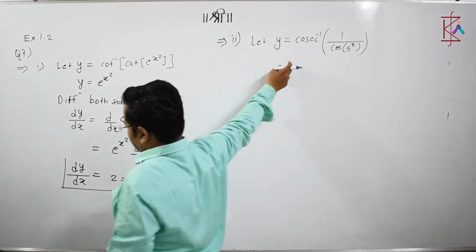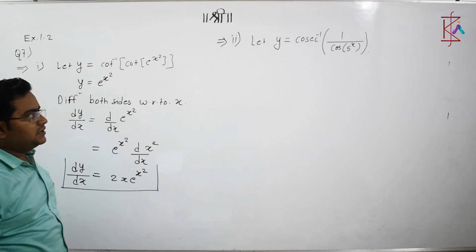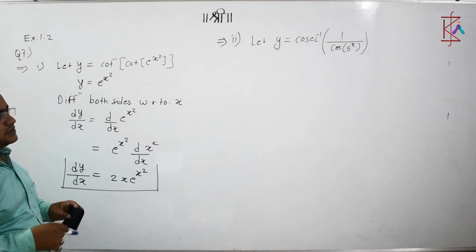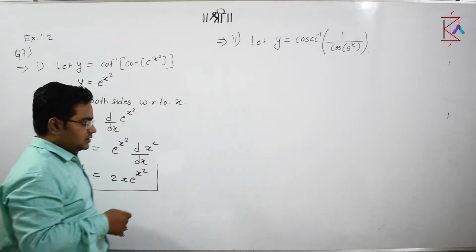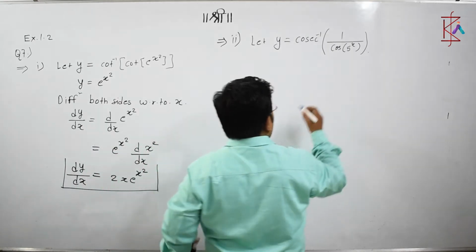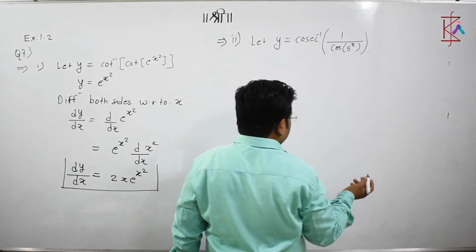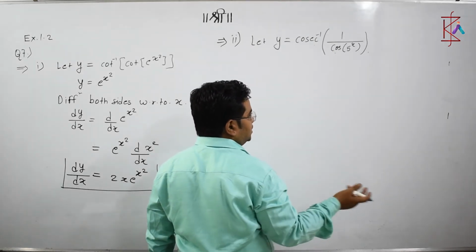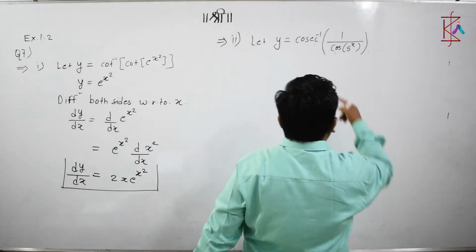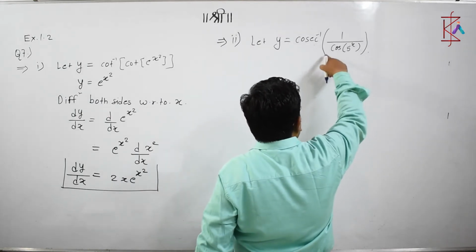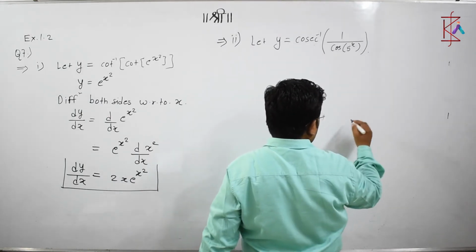Now here what should we do? So within this case, do we have any other circumstance? So what is that another circumstance? Here we need to understand the relation between the cos and cosec. What is the relation between cos and cosec? There is no direct relation. But what we need to do? We need to find the relation by using our sine function.